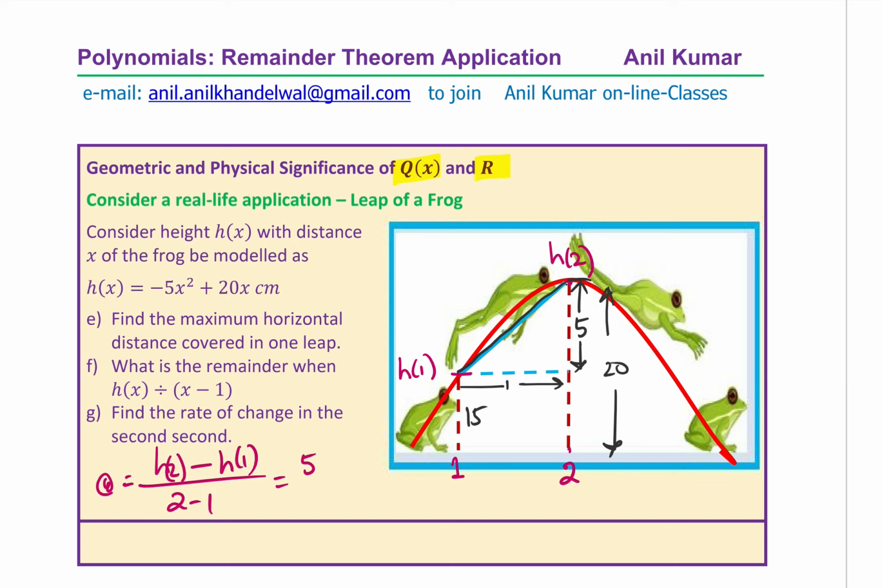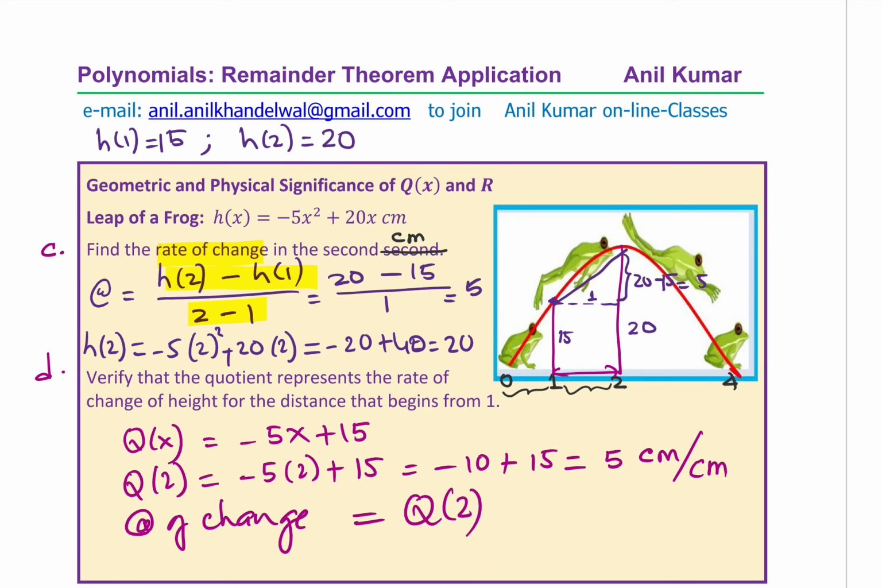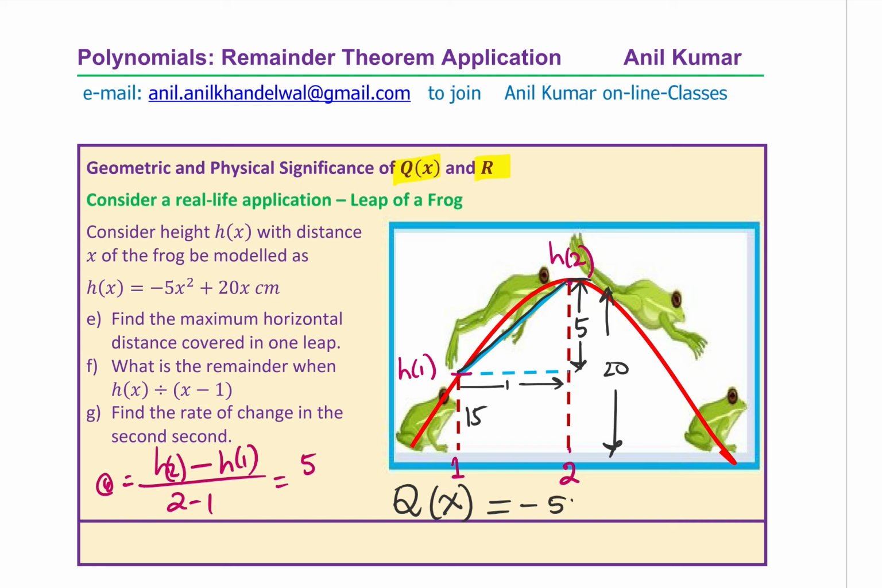We also calculated that the quotient q at any point when we divide by x minus 1 was what? It was basically minus 5x plus 15. Since we wanted the rate of change at 2 from 1, this is what we're looking at, correct? So we can find q of 2. Substituting 2 here, we get the same result, which is 5. Is this absolutely clear to you? So with this example, I think it should be absolutely clear that the remainder will give the value of the